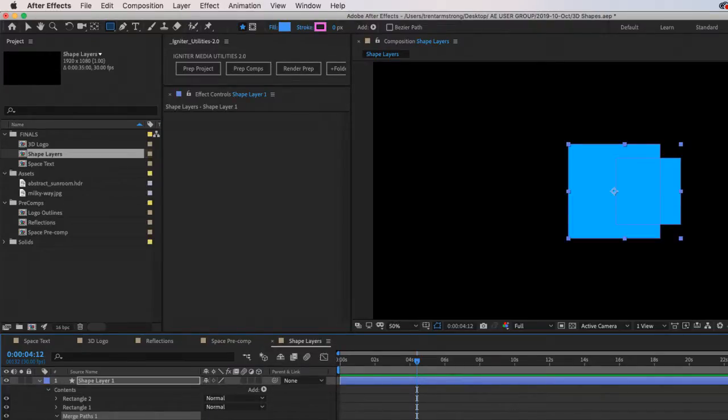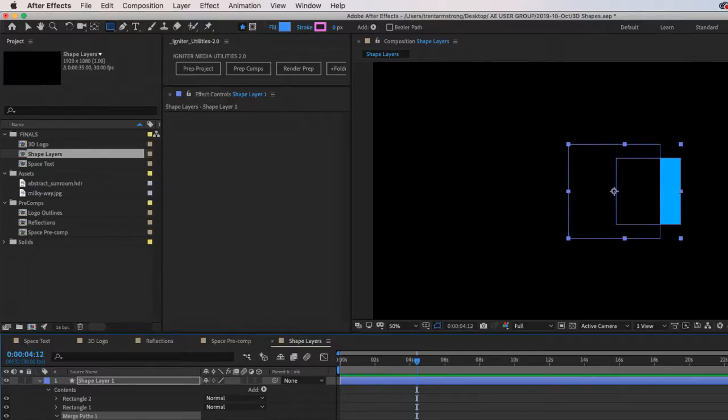And it also gave me a stroke and a fill, just in case, because previously when you used merge paths, it didn't give you a fill, and so you would probably end up just wondering why in the heck you couldn't see anything that was going on with your shape layer. So they made it a little more dummy proof, or Trent proof.